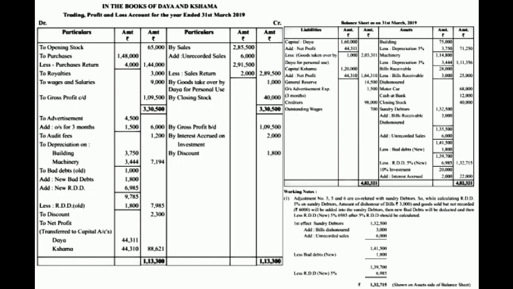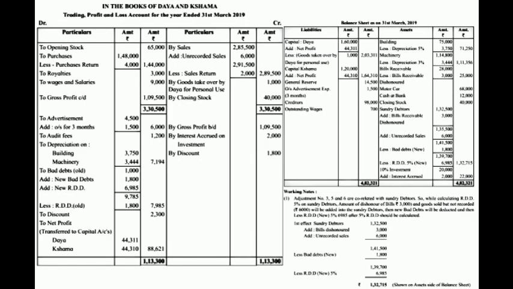Now the second effect we can see in the balance sheet asset side below the debtor. After that bill dishonor, again it is written as add unrecorded sales 6,000. So the debtor balance will increase because we had sold these goods to the debtor and we had not shown it in his account. So we have to increase his account by 6,000. So first effect is add to sales, trading account credit side, and second effect add to sundry debtor, balance sheet asset side. After this we have to pass the fifth adjustment.